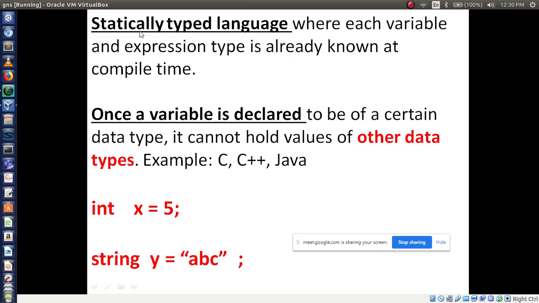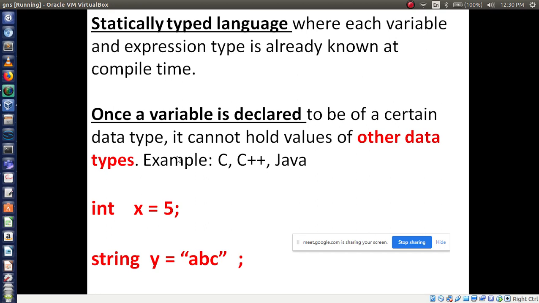Once a variable is declared to be a certain data type, for example int x equal to 5, string y equal to abc, it cannot hold values of other data types.